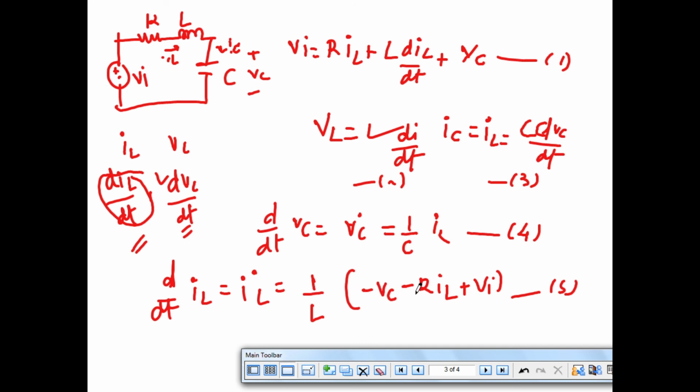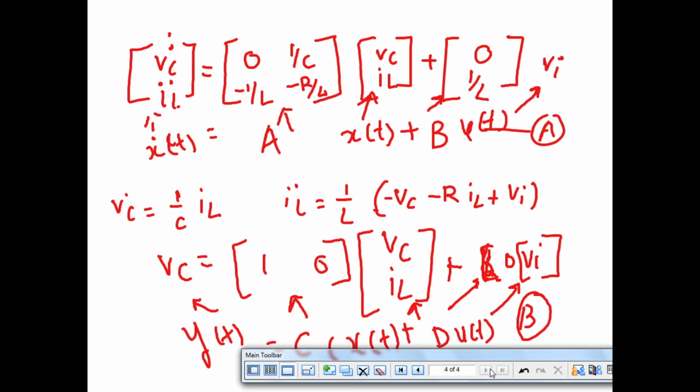I want to represent these two equations, equation number 4 and equation number 5, in terms of a matrix. As I have said, we will be having some matrices, so in this matrix we have to adjust the terms like this. We have two state variables. We can take IL dot first and Vc dot also, but make sure that if you put Vc dot first, then Vc should be first on the other side and IL dot next. Accordingly, from these two equations we can write this equation. So this is the representation of the state space equation.